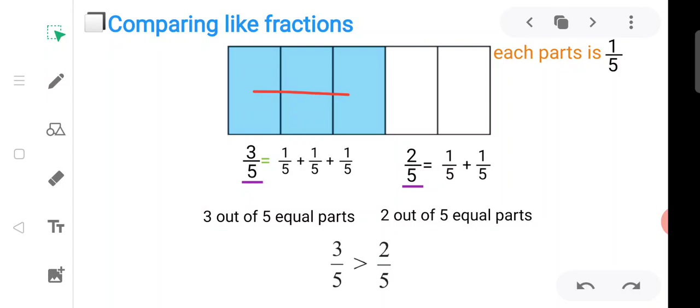Now listen carefully. The denominators are the same and the numerators are 2 here and 3 here. So in this, the fraction with the greater numerator is greater. So what can we say? In two fractions, if the denominators are the same, the fraction with the greater numerator is bigger. Why? Because the denominator represents the total number of parts and the numerator is the number of parts that we consider. So the fraction with the greater numerator is bigger.